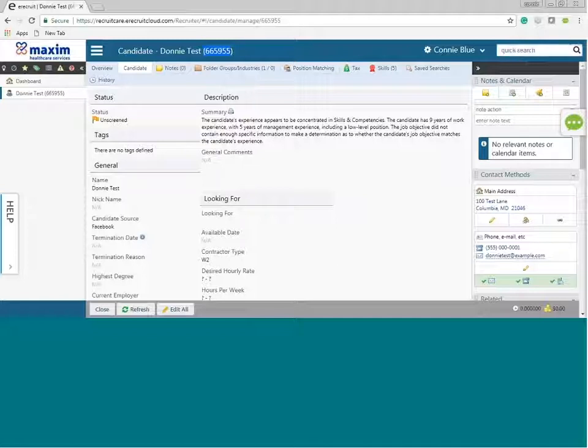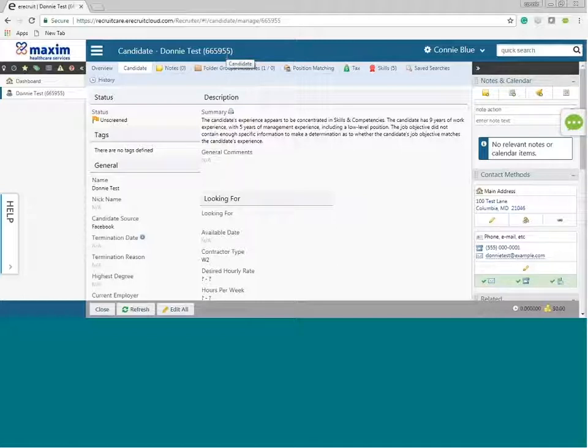Quick search is located here to my right-hand side, so I want to share that with you just a little bit. With the quick search, you are able to search phone numbers, email addresses, and first and last name. The only thing that you aren't able to search here is the actual record number, okay? Such as this record number is